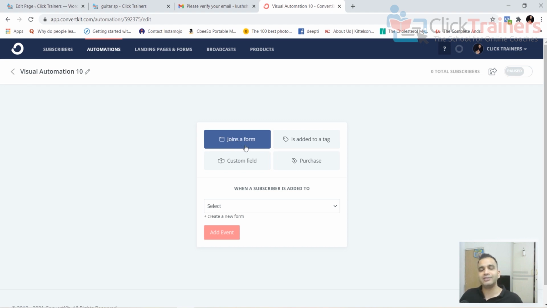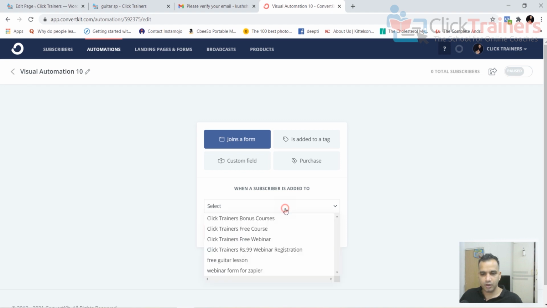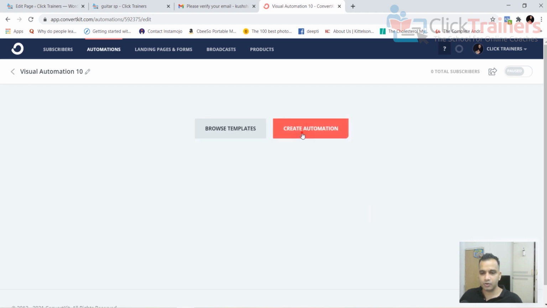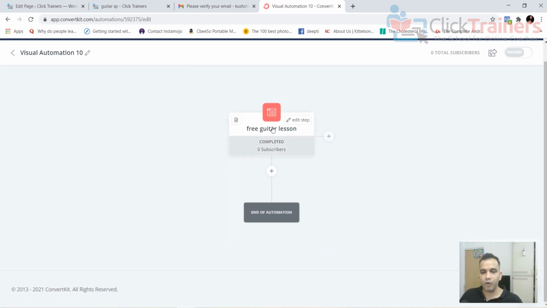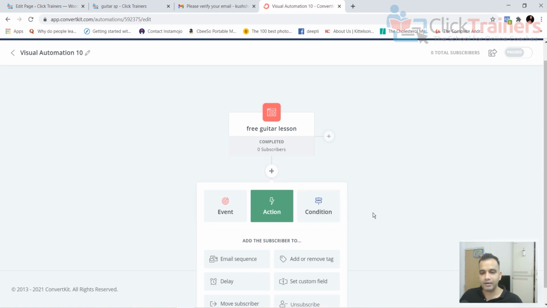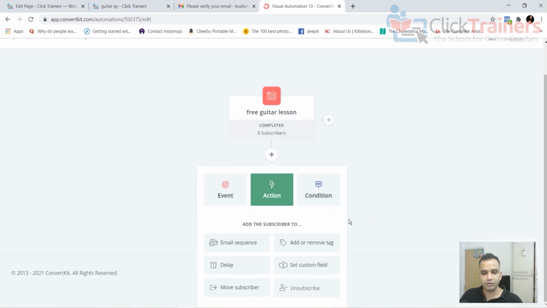We're telling ConvertKit, when someone joins a form, okay, so someone joins a form, ConvertKit is asking, which form are you talking about? So I'm talking about free guitar lesson. This is the form that I created. Okay. Add an event. So when this happens, click on add an event. And what do you want to add? You want to add an action, okay, which is